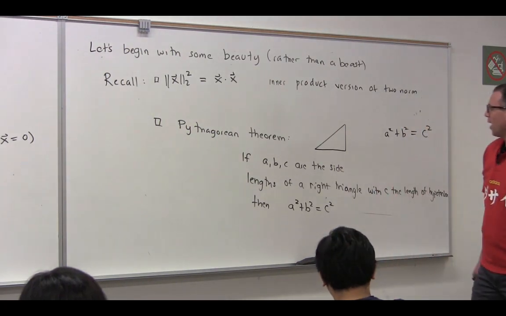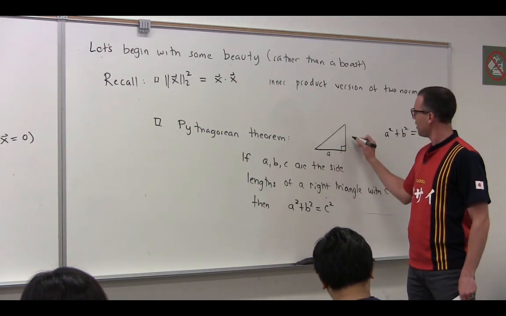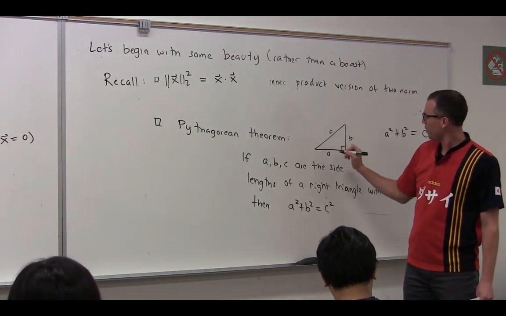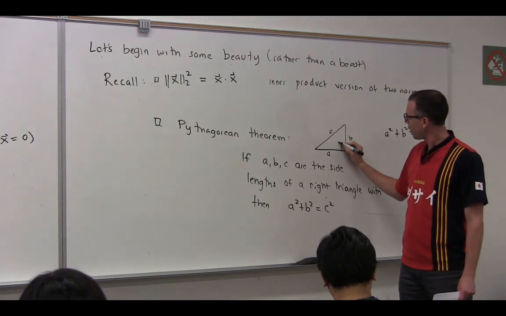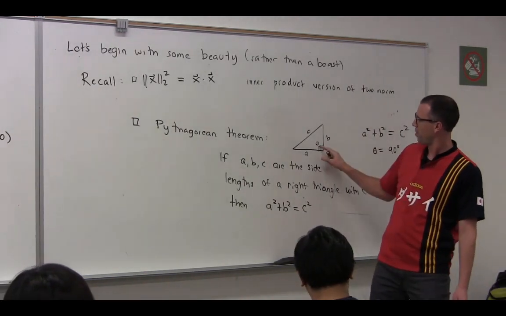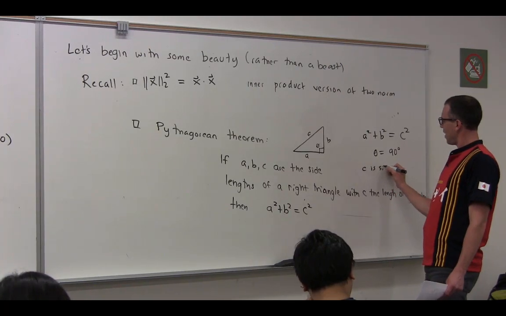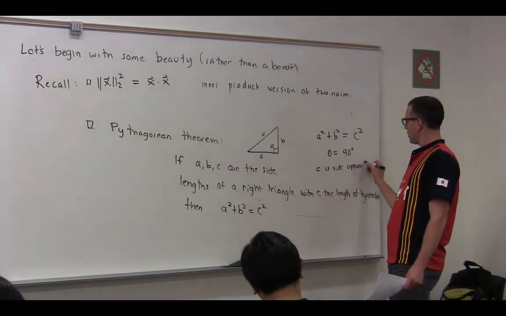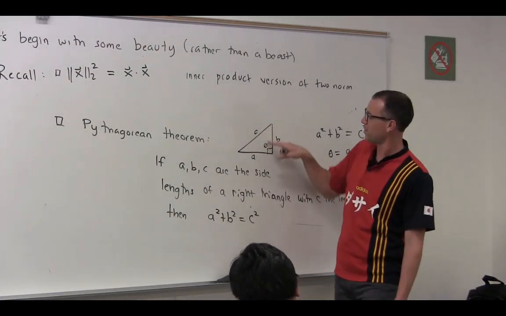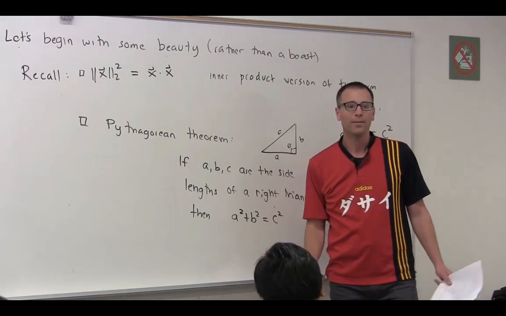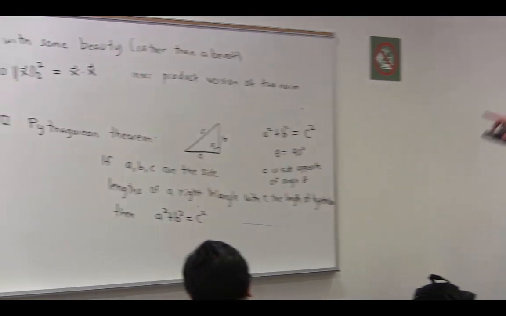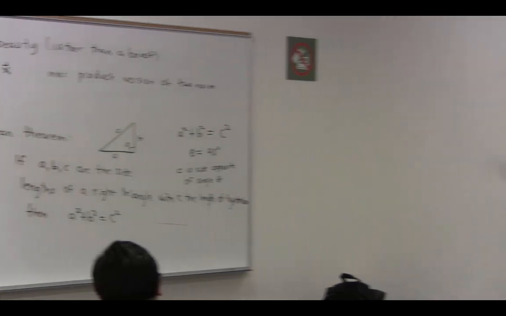Okay, so in this situation we have that this is going to be A, this is going to be B, this is going to be C. And then maybe we call this thing right here angle theta. And what did you just say about theta? Theta is 90 degrees. Okay, and remember that C is the side opposite of what? Angle theta. So the length of this thing is the side opposite to that, right? All right, so there's one more piece of information that I need. Then we're going to make sure that we understand all of these things from first principles, and then we're going to develop,